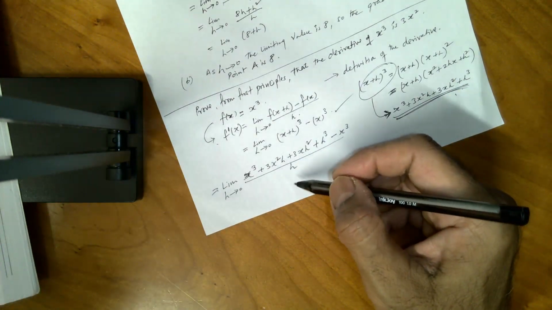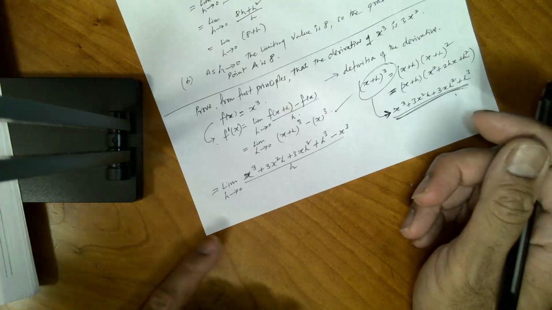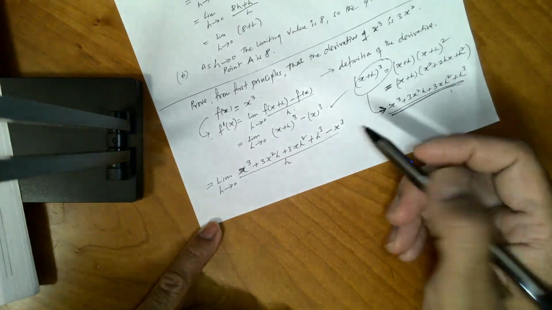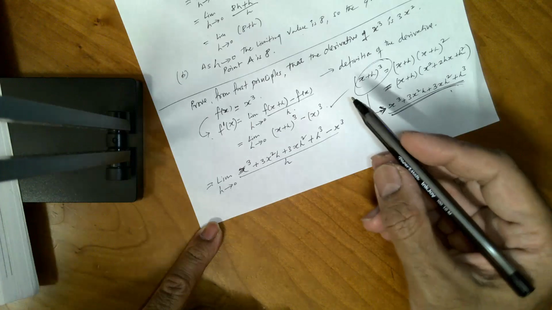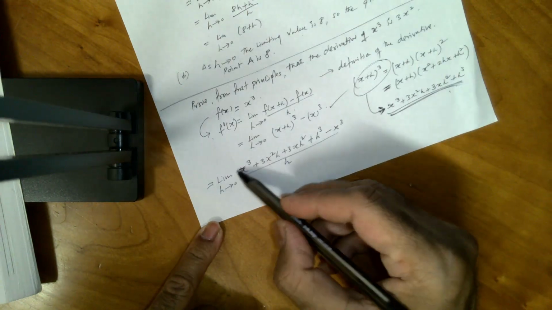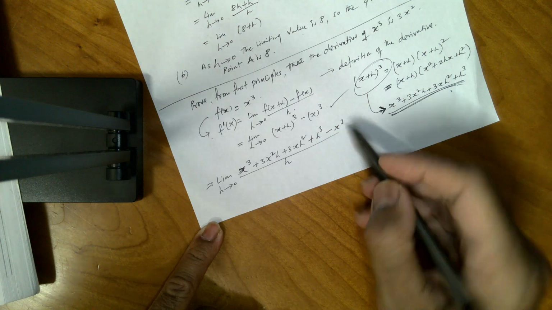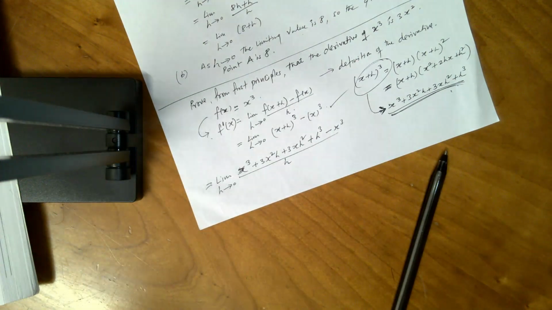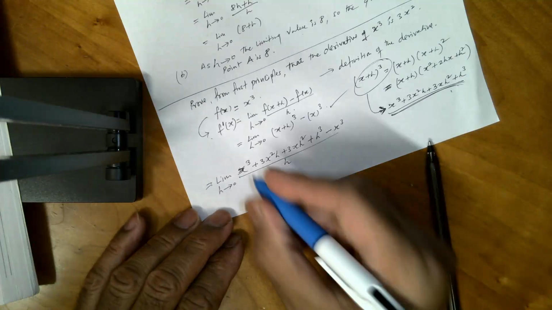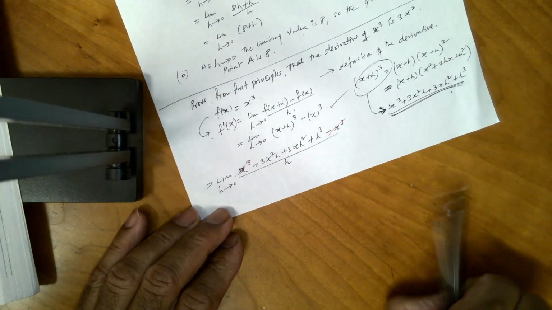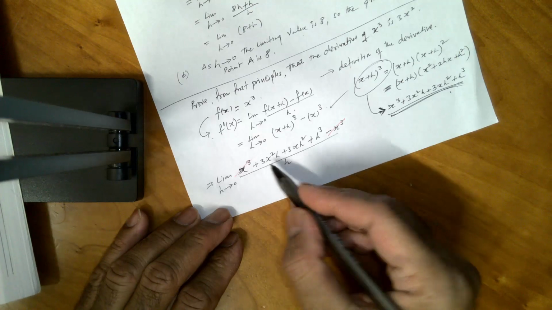Sorry, divided by h. I don't know where I got that 4. Right, and you can just simplify this. You see you have here x cube, you have here minus x cube as well, so that can cancel out. Okay, so then what you have left here,